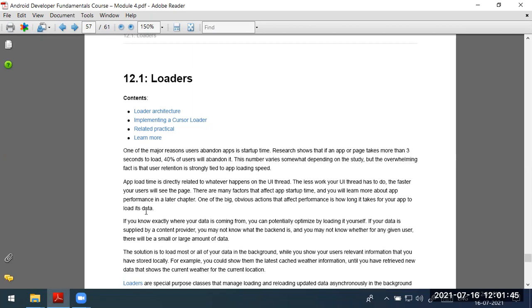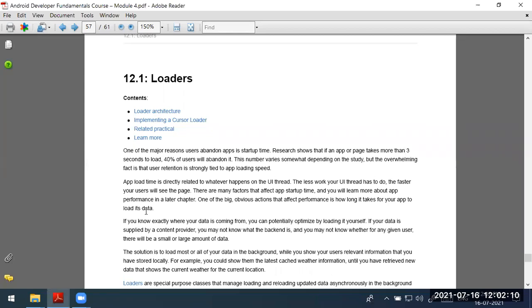Widgets, buttons, data, everything you see is handled by the UI thread. A thread is a lightweight process.